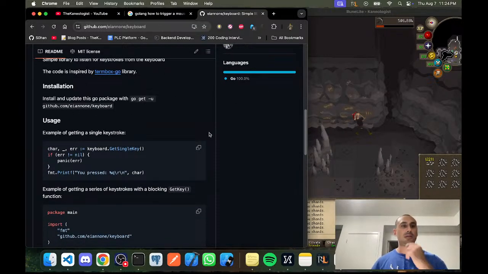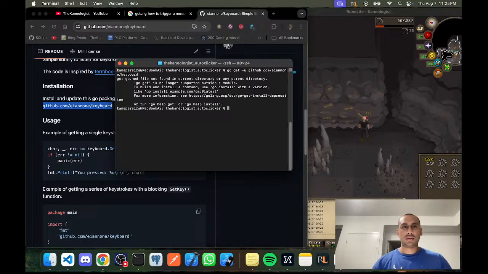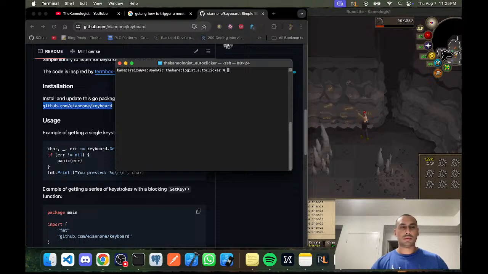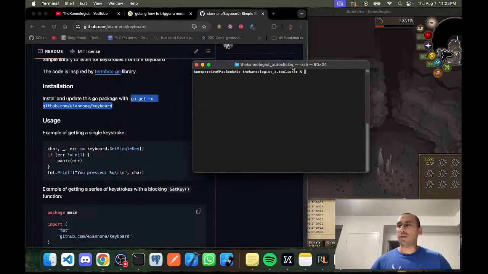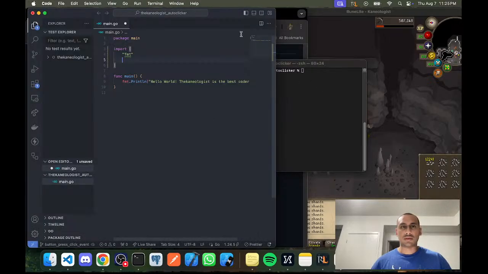Okay, so how do I use this now? So, Golang keyboard single char. Install and update the package: go get. Okay, let's try it. So I'm going to paste this right here. I think go mod tidy would do that too if I just add the package name. So if I go to the actual script and then I go,